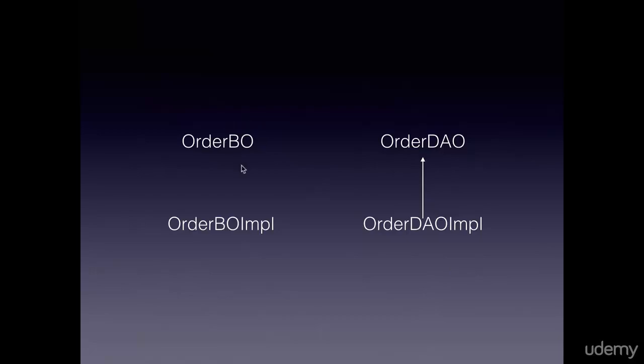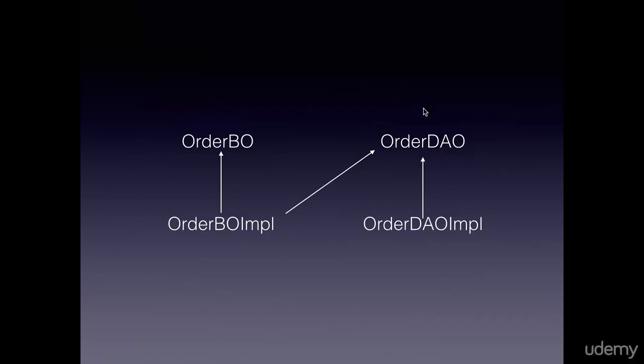So we'll start by creating the order DAO interface. Then we'll create an order DAO impl, but we'll not completely implement this class, just to demonstrate the power of mocking and Mockito. We will then create an order interface which will be implemented by the order BO impl, which is our main class,